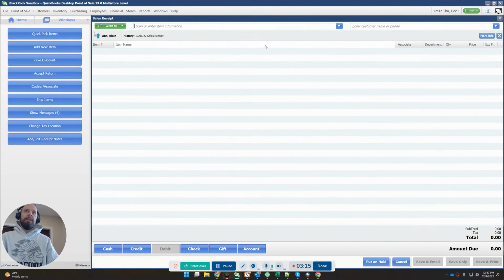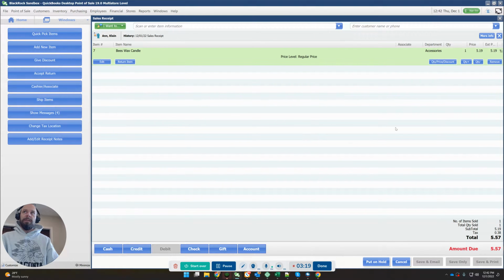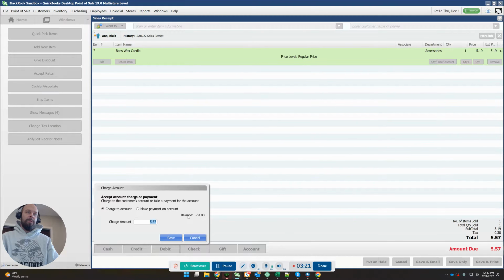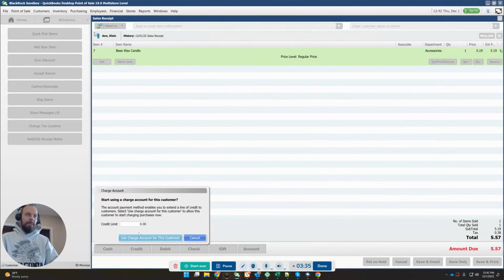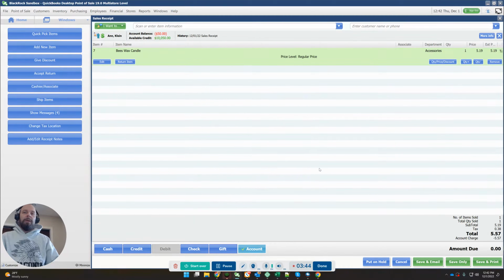If we go to make a sale and she buys something else, like a beeswax candle, now when we hit account, we can see that we owe her. This says minus 50 because from our viewpoint, this is minus. We owe her this, so that's outstanding. So if we charge the 557 to account, we also need a credit limit, which can just be anything, a big high number. No tip. All right, now we would be charging 557 to account,